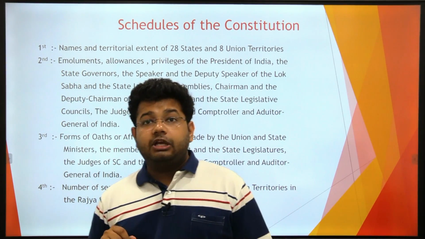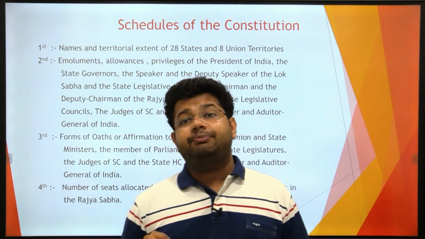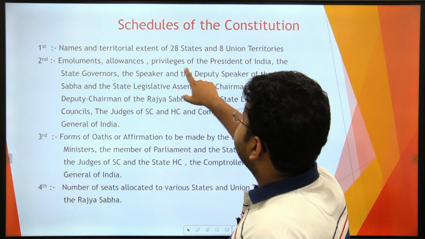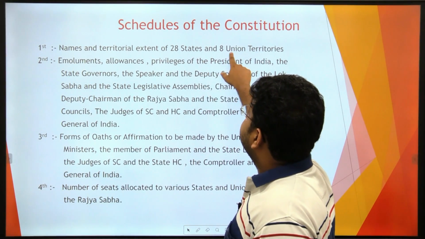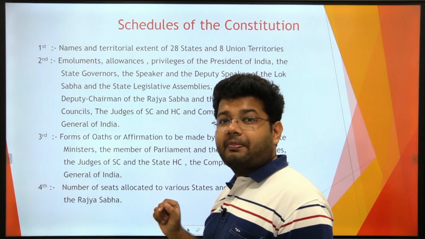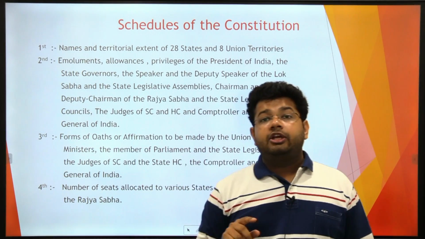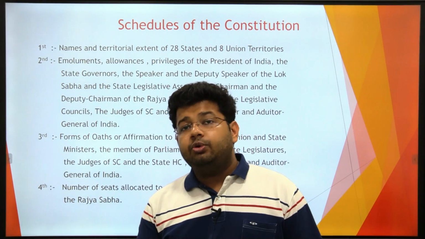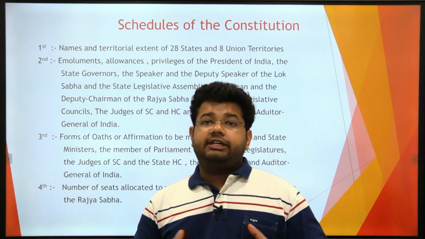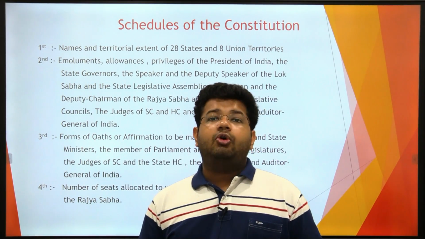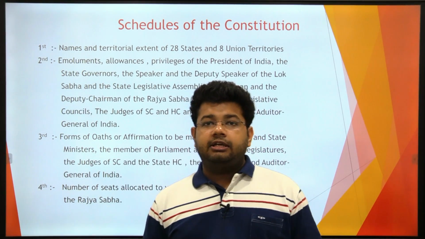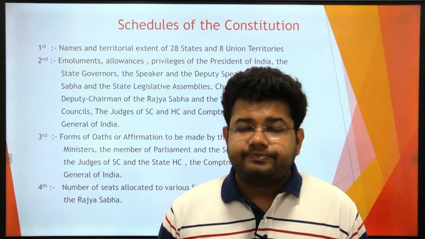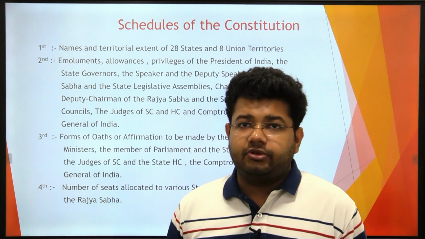शेड्यूल्स के संदर्भ में शेड्यूल 1 आज की डेट में और एग्जामिनेशन पॉइंट से बड़ा इंपॉर्टेंट है। शेड्यूल 1 हमें बताता है नेम्स एंड टेरिटोरियल एक्सटेंट ऑफ 28 स्टेट्स एंड 8 यूनियन टेरिटरीज। Now read this carefully. Today we have 28 states and 8 union territories. Schedule 1 हमें भारत की टेरिटोरियल सीमाओं के बारे में बताता है और इंटरनल विभाजन क्या है विद इन डिफरेंट यूनिट्स उसके बारे में बताता है। With the disorganization of